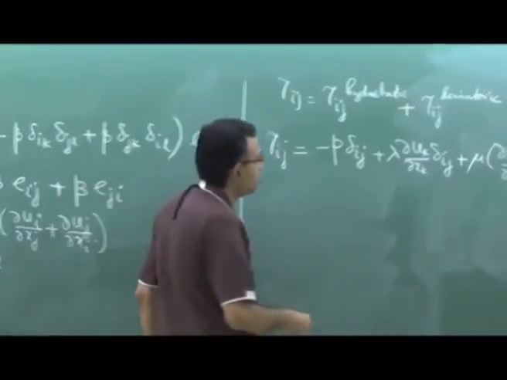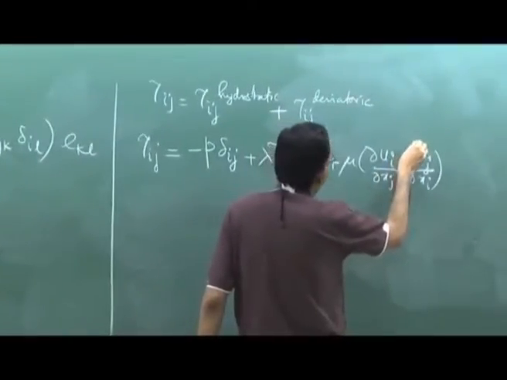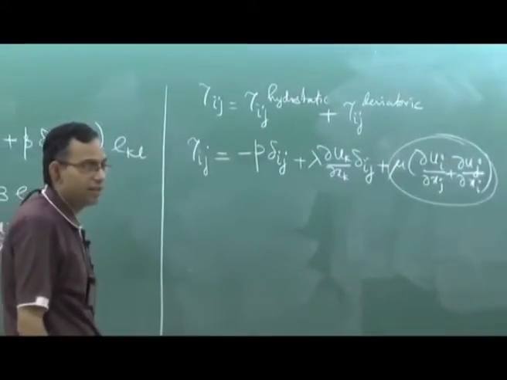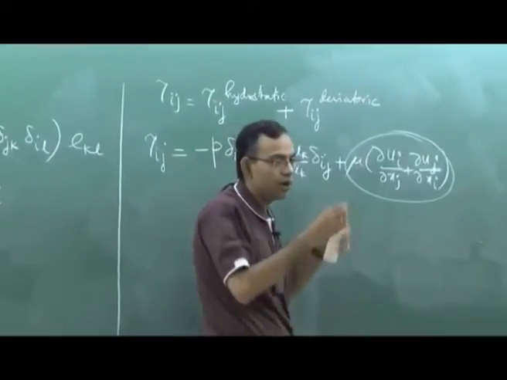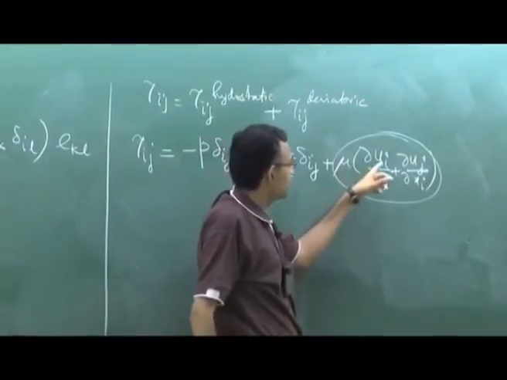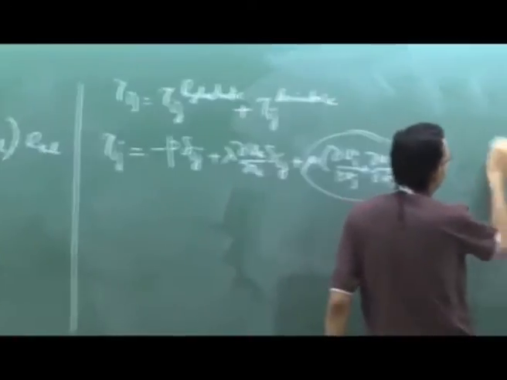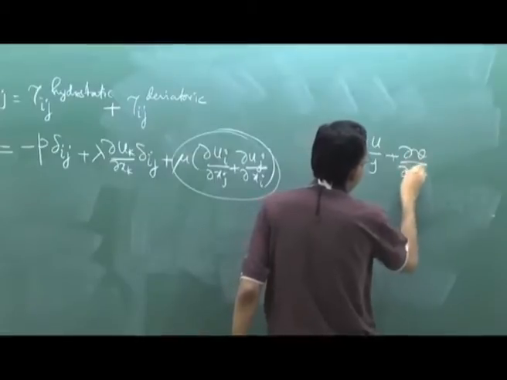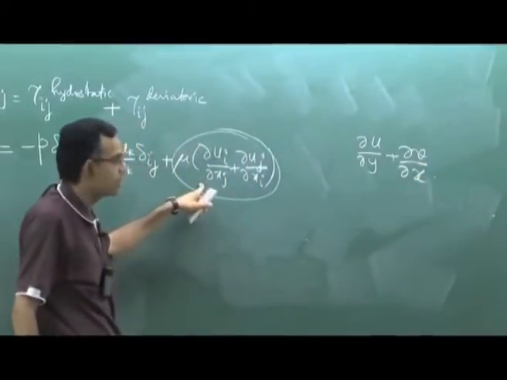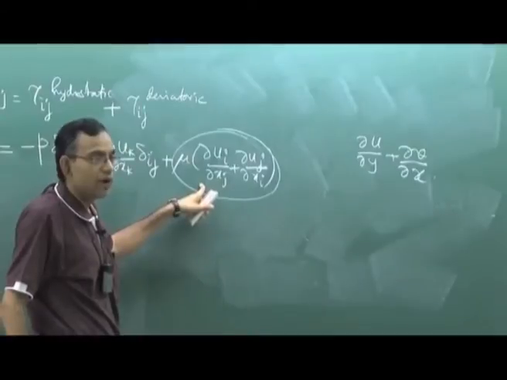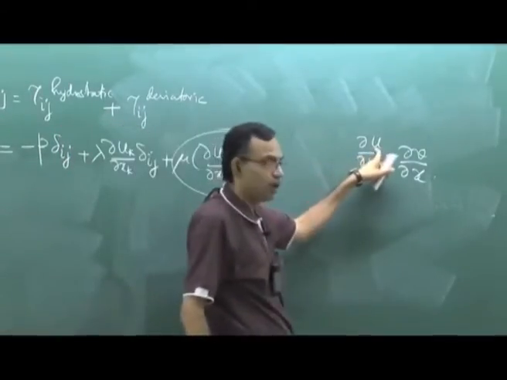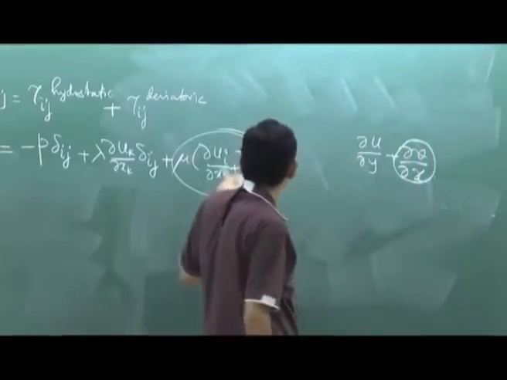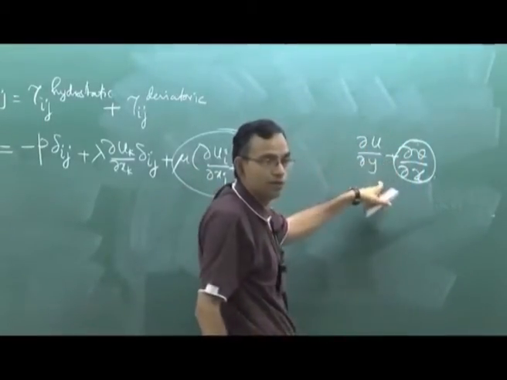So what it is basically talking about? It is basically talking about this part. So think about a flow when you have, say, in a two-dimensional flow it is like del u del y plus del v del x, the common symbols that you use for this. So if the flow is unidirectional, then you have only u component of velocity and then this is not there. So then that component of tau is mu del u del y.